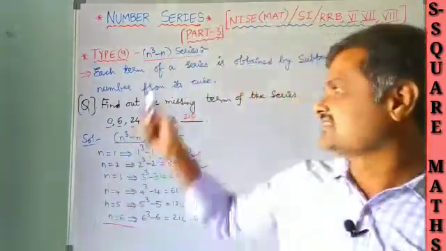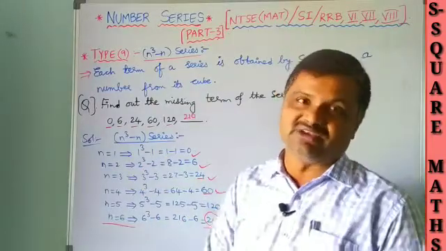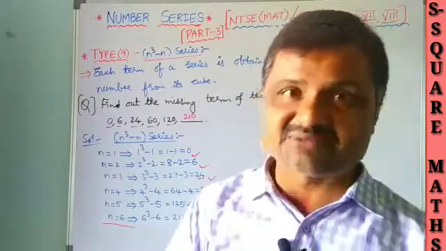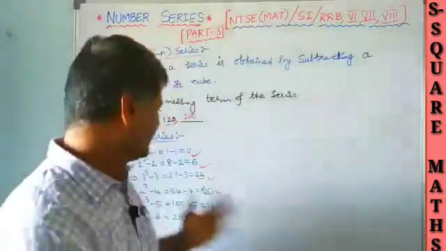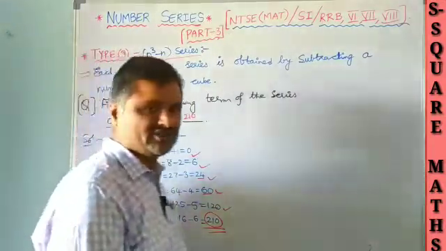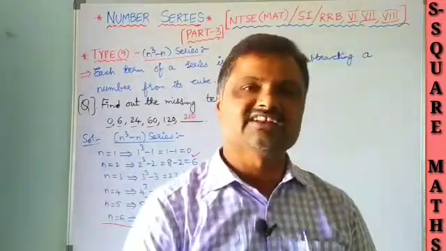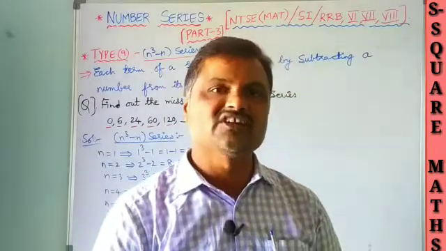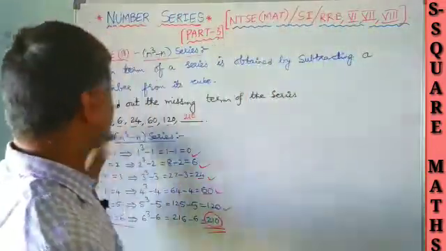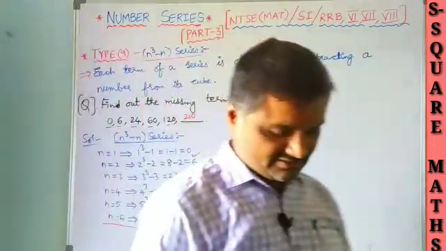Type 9, n cube minus n series. Go for each and every substitution. So how will you go through it? You should have the basic knowledge of the previous series, the patterns, various types we discussed. So each and every video lecture plays a very important role. By doing this type of problems, you will get logical thinking. You can motivate your children, 6th, 7th, 8th class students, and those going to attempt competitive level and career examinations. So the missing term of the series, its answer is 210, n cube minus n series. So we can have a look.